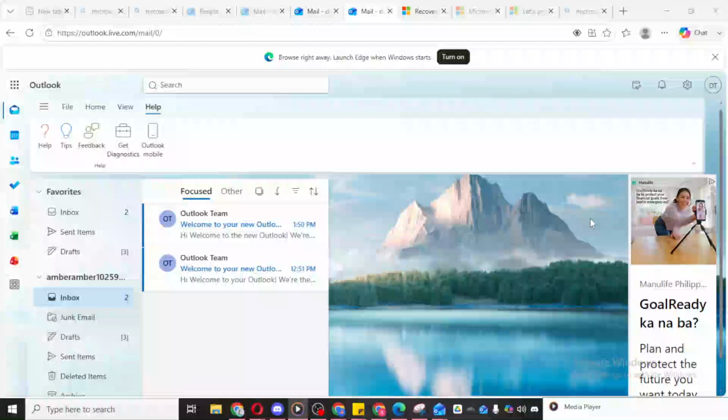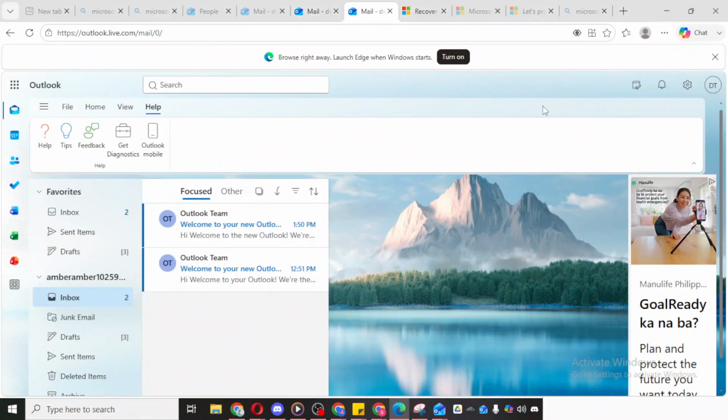In today's video, I'm going to teach you how to stop emails going to junk spam in Outlook. If you've noticed that important messages keep ending up in your junk email folder, don't worry. Outlook gives you a couple of simple ways to tell it which emails you trust, so future messages are much more likely to land in your main inbox instead. I'll walk you through the process clearly so you can follow along as you do it.